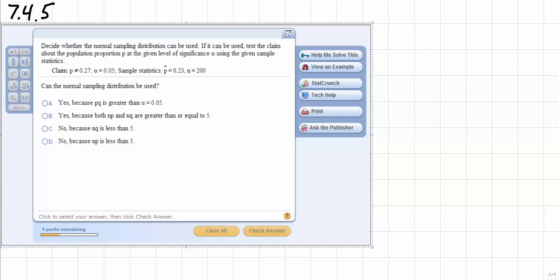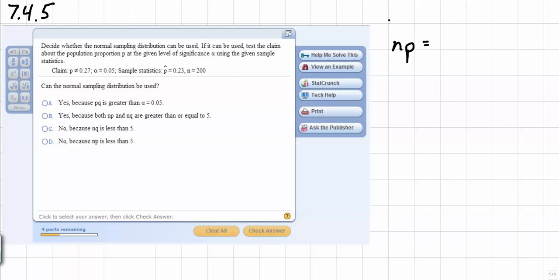So we want to go ahead and look at this particular problem, and the first part of it says, can the normal sampling distribution be used? And of course we need to find out if the normal sampling distribution can be used. Now we need to first calculate what n times p and n times q is, and we will do that